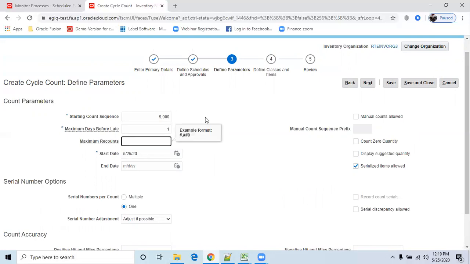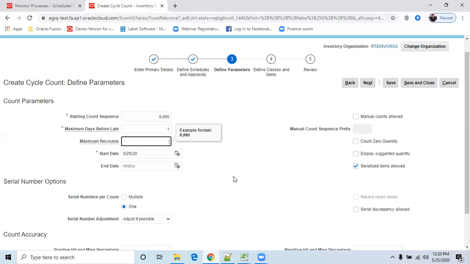It will be maximum recounts: how many times do you want to recount? Suppose you find a lot of discrepancies, say physically you found 10 but during the first counting you find 100, so there will be a large number of disturbances.